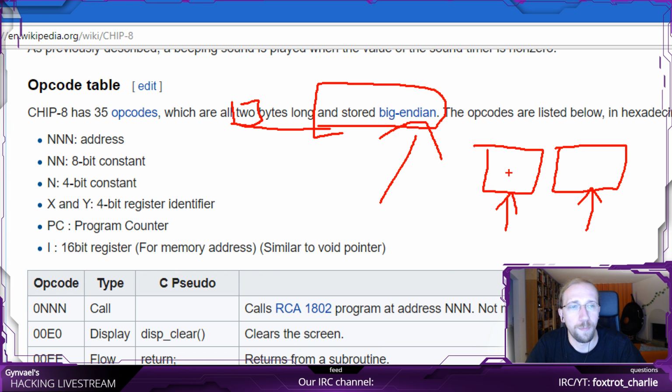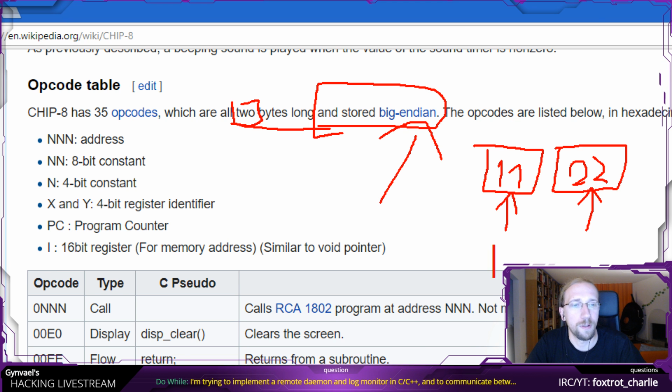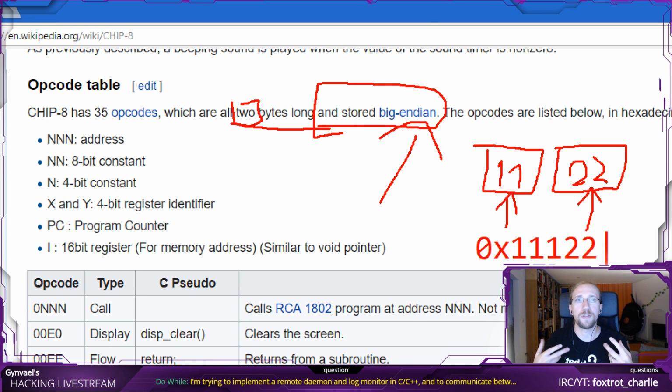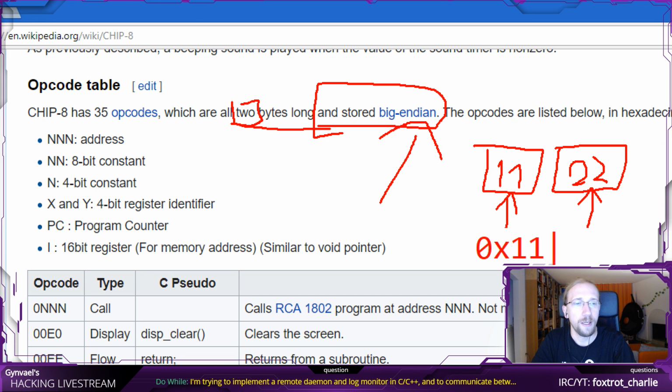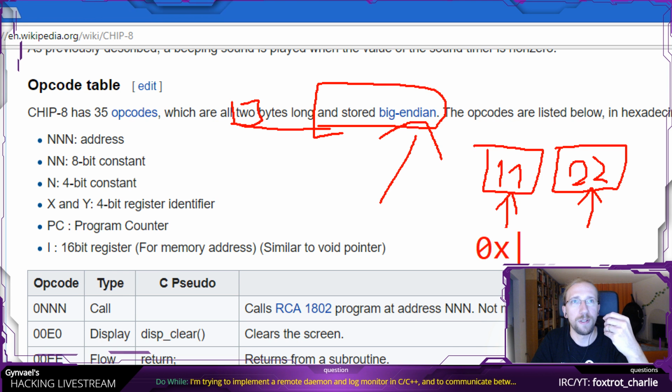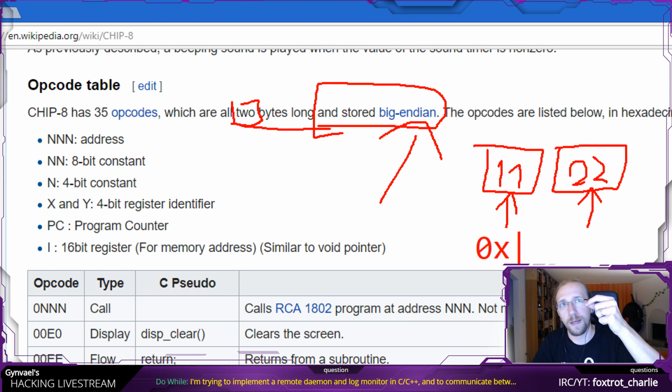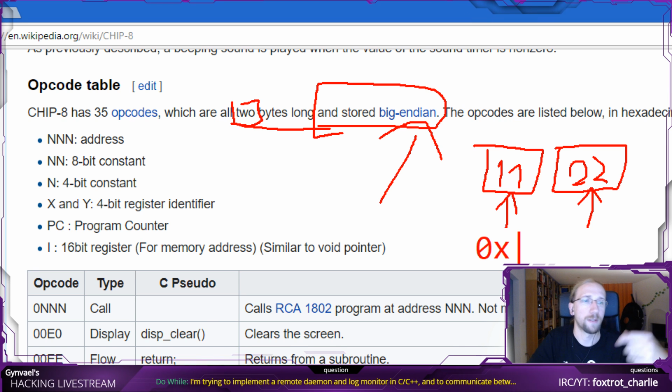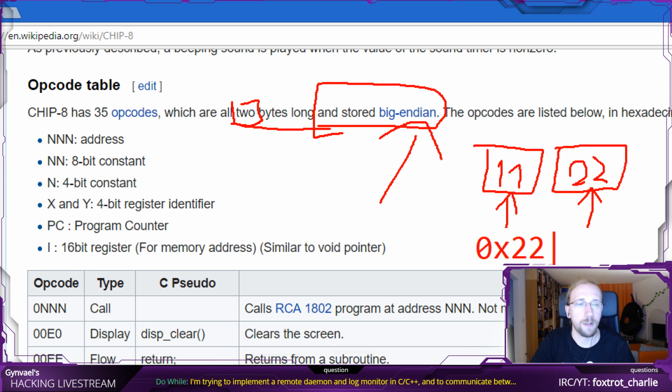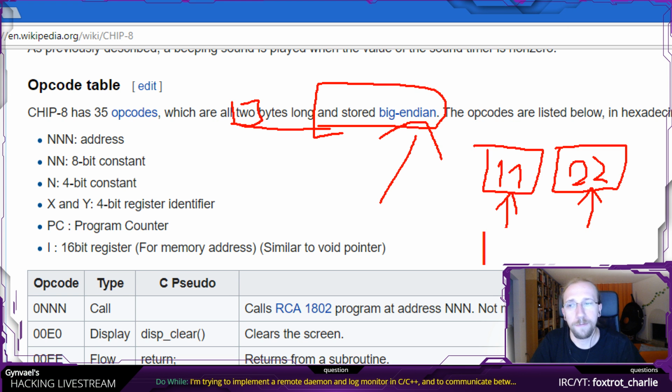So when putting this together, for example 11 22, you actually get 0x1122, whereas normally on x86 we have little endian, which means it would be the other way around, first the bottom byte and then the top byte. So on x86, usually the encoding, or the decoding actually, is like this. But this is big endian, we have to take it into consideration.